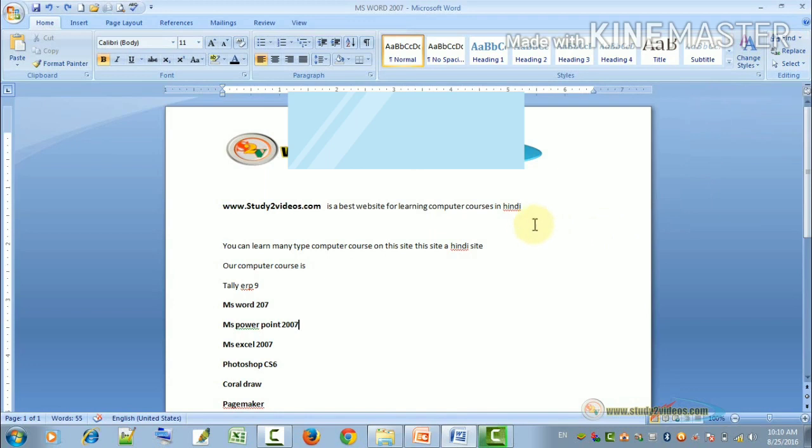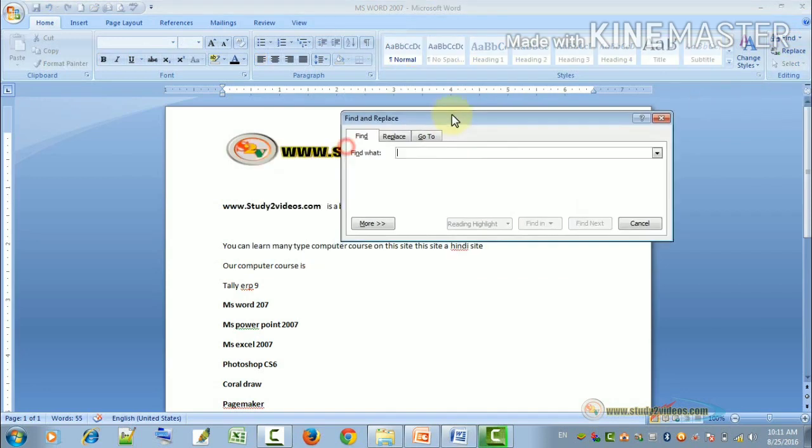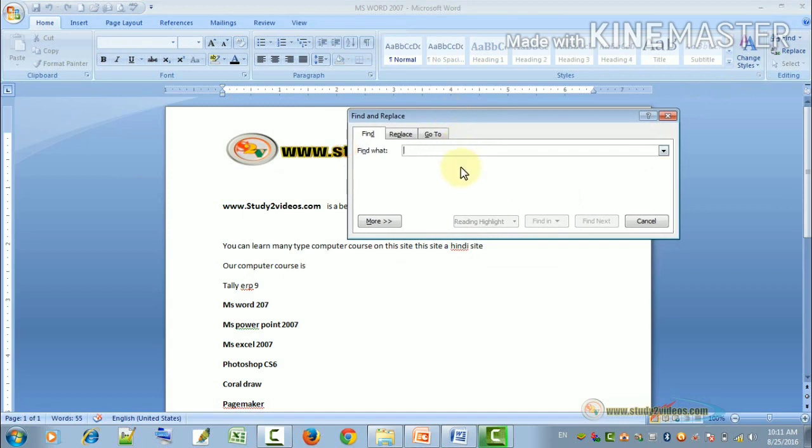At first you have to write a paragraph or a letter or a sentence. You just write and then you go to the right side. You can see the right side option. There you will get find and replace. Just click on the find option, or you can also press F7. If you press F7 also you will get this option. So you just click and then